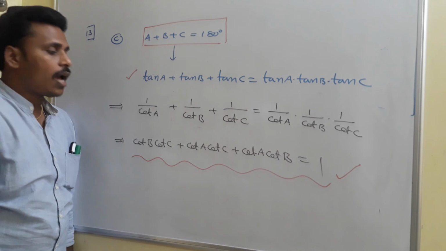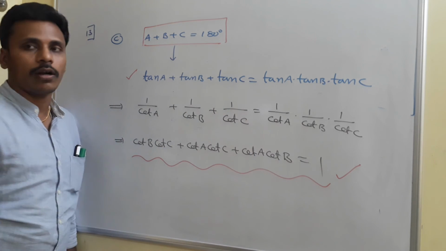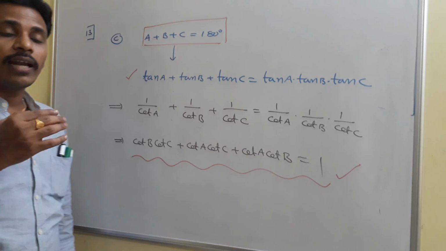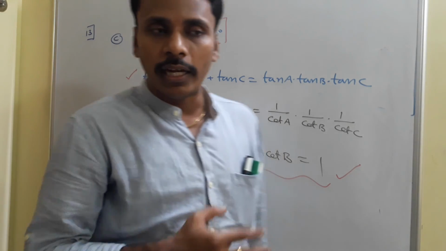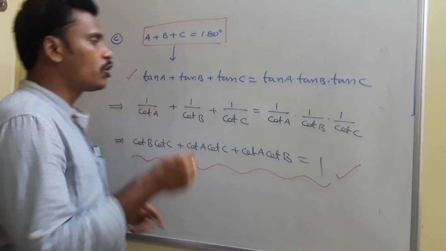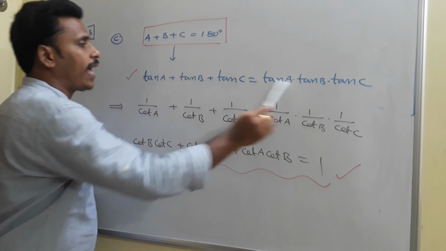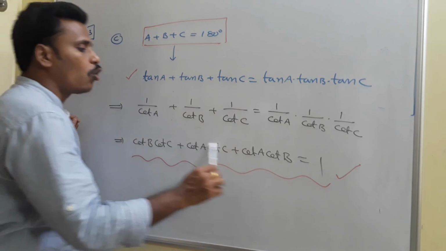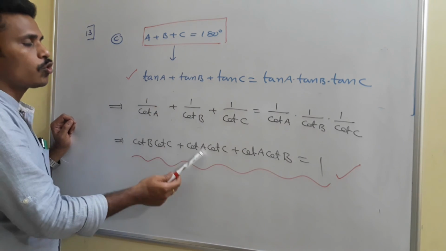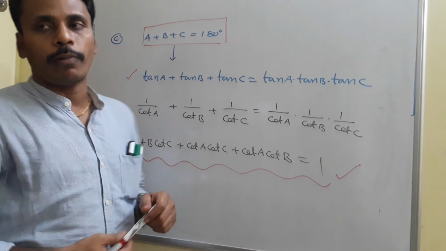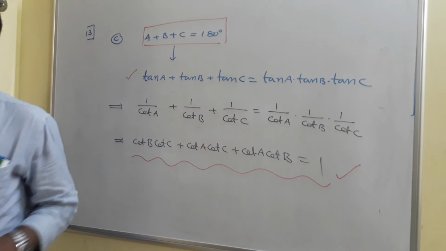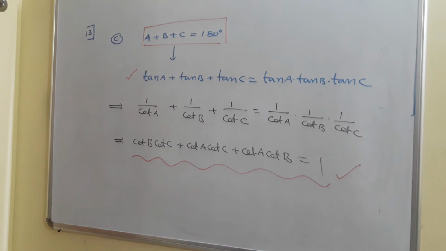So now, see, if A plus B plus C is 180, we have a relation in terms of tan, and we have another relation in terms of cot. Just have a look there. So in a triangle, the sum of three angles is 180. So these two results, related to the tangent of angles and related to the cotangent of angles, we have these two results, and we can use these for many purposes actually. Just have a look at what happens if A plus B plus C is 180 degrees.